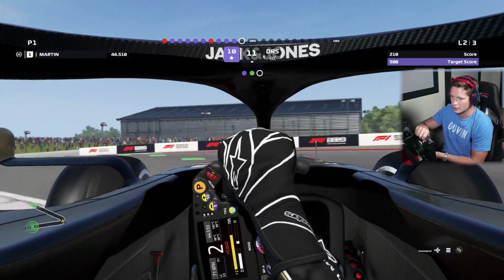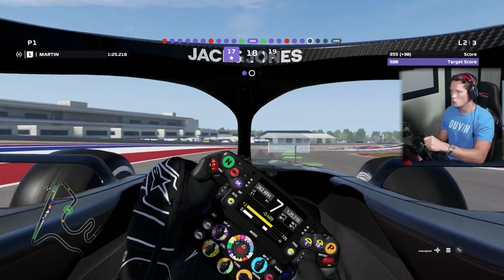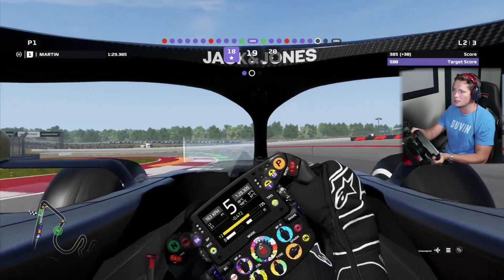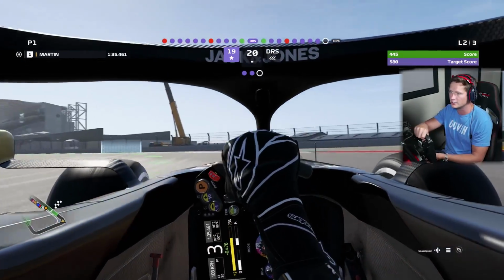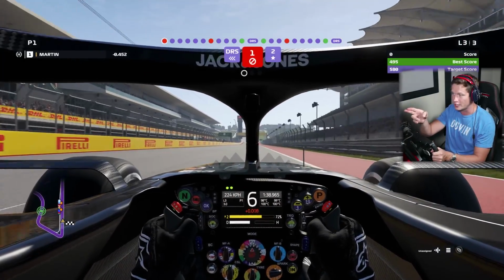Really, I'm just trying to survive this one right now. Definitely gonna have to lower the difficulty for this race. We're just gonna have to be very safe about our braking points. A braking point like that I'm fine with because I'm coming into it out of a corner, so I can very clearly see exactly where the braking point is. But if I'm coming at it straight like this, we're just...